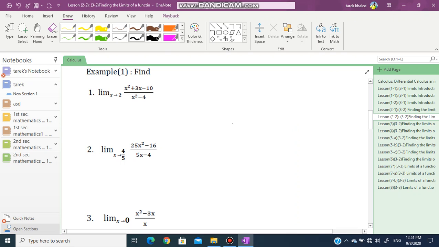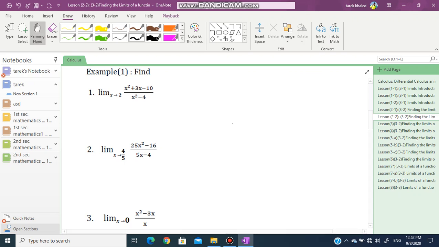Tariq and I will help you to overview your lesson today about finding the value of the limit algebraically by using the factorize method. We studied before the meaning of limit and we reviewed the ways of factorizing. Now we will use factorization to solve the following